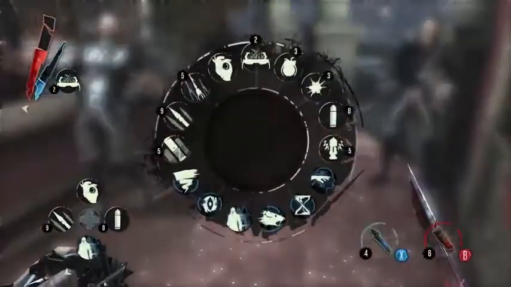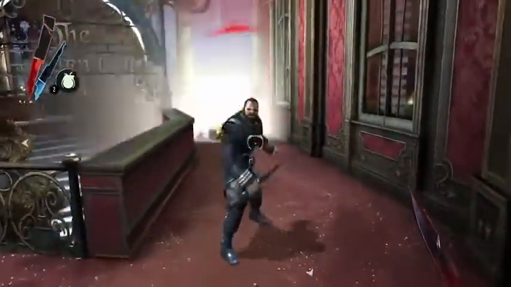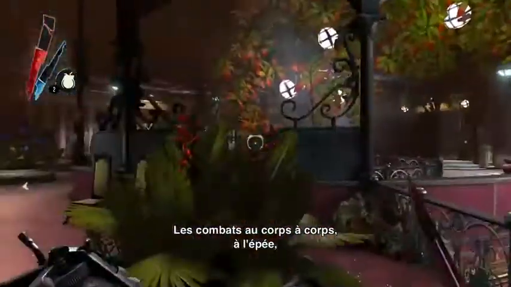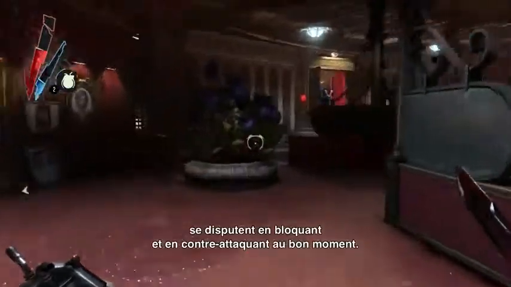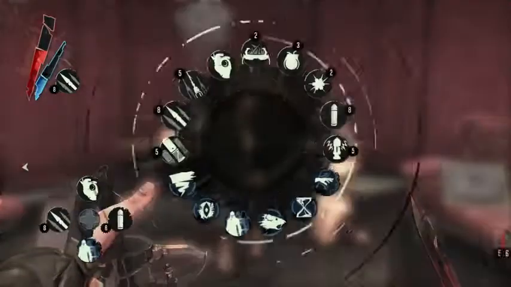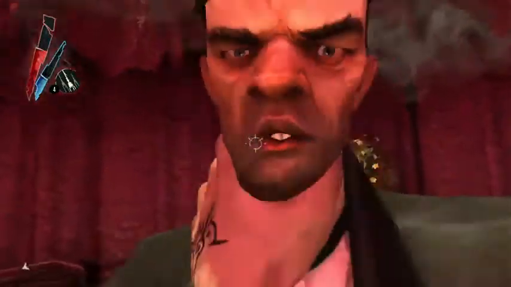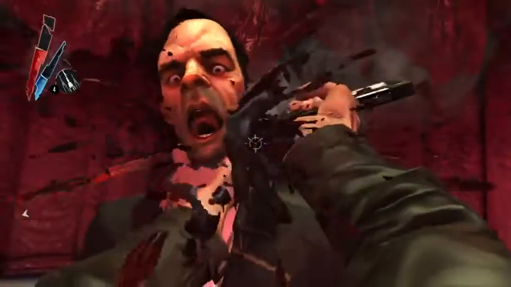Find the outside. The game's combat with the sword, the melee combat, involves blocking and counter attacks if the blocking is timed correctly. I hear you. I'll have you whipped and put to work in the...